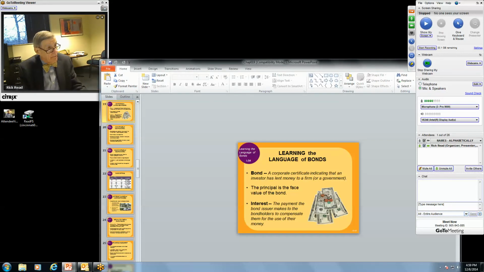So it's a $100 bond. That's the principal. That's the face of the bond. Of course, in the corporate world, we're talking about higher value than that. And then every bond has interest associated with it. What that says is, I'm the bond issuer, and somebody gave me X number of dollars for my bond, and I have agreed, when I took on this debt, that I will pay interest to the bondholder at a specified time frame. It could be quarterly, semi-annual, or annual, but I have to pay that interest.